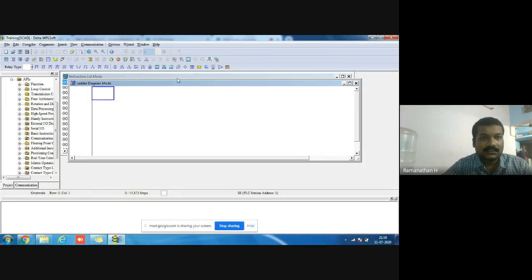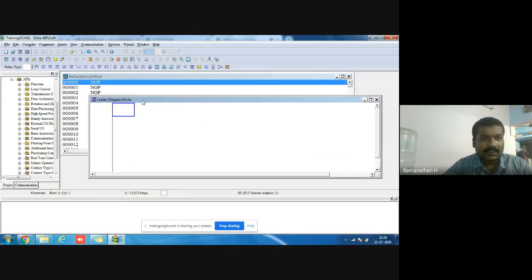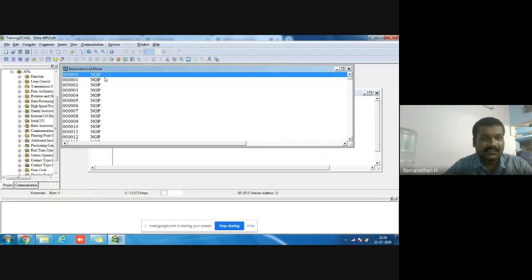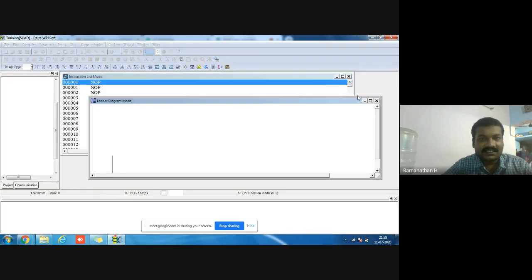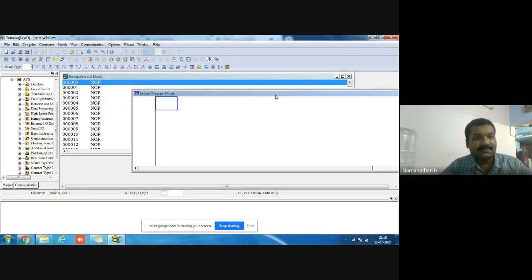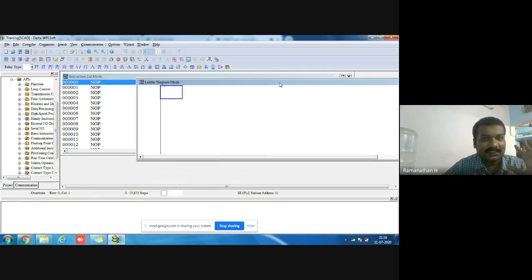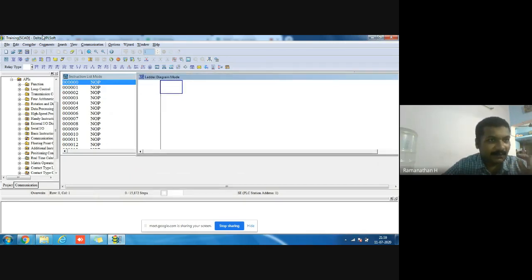Okay. This is the ladder diagram mode. This is the instruction list mode. I told you there are five types of PLC programming languages. This WPL software is one of the small open source software, and this Delta DVP PLC is not used for big applications, only small applications.